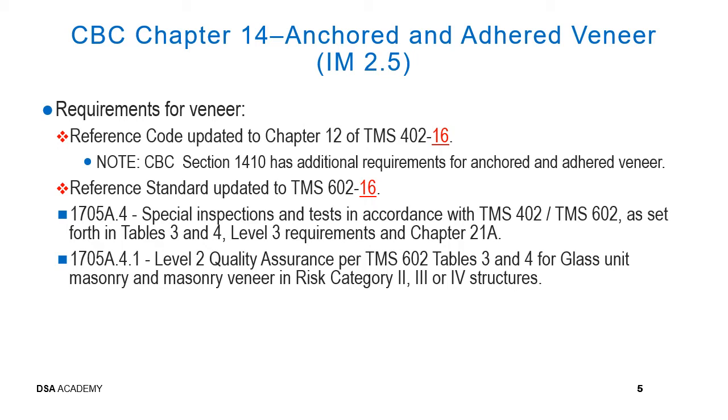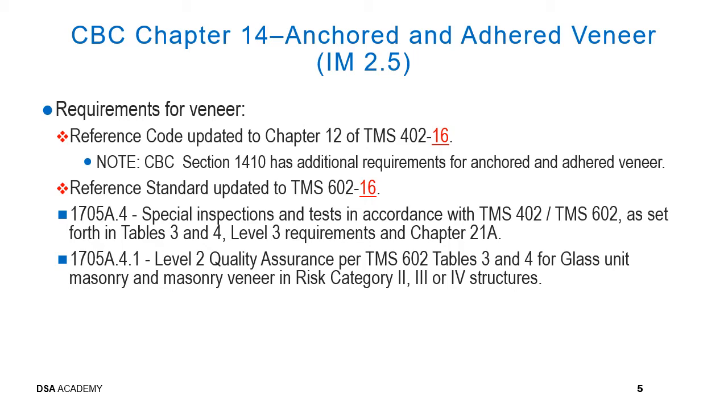Reference standard is updated to TMS 602-16. CBC Section 1705.4. Special inspections and tests of masonry construction shall be performed in accordance with the Quality Assurance Program requirement of TMS 402 and TMS 602 as set forth in Table 3 and 4, Label 3 Requirements and